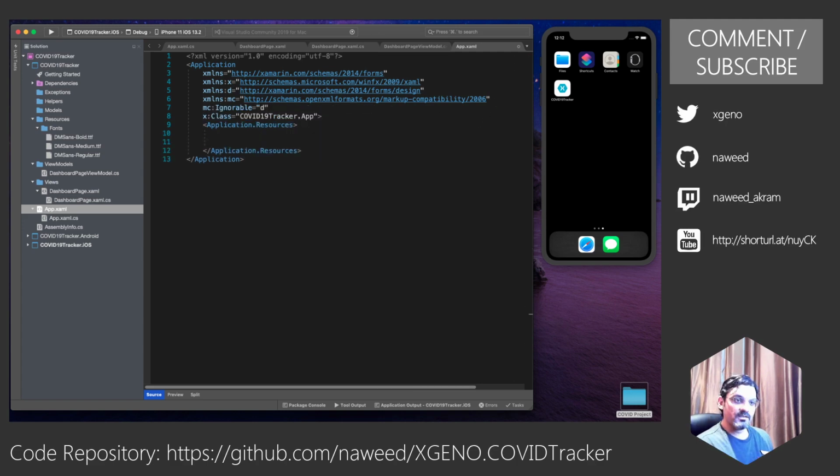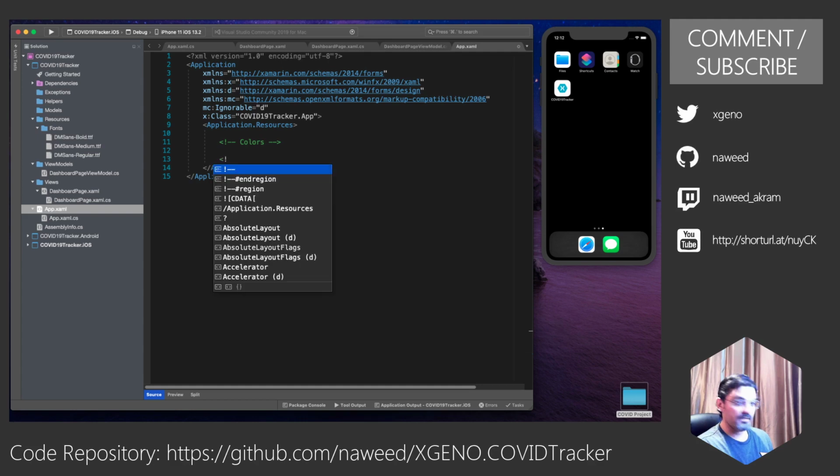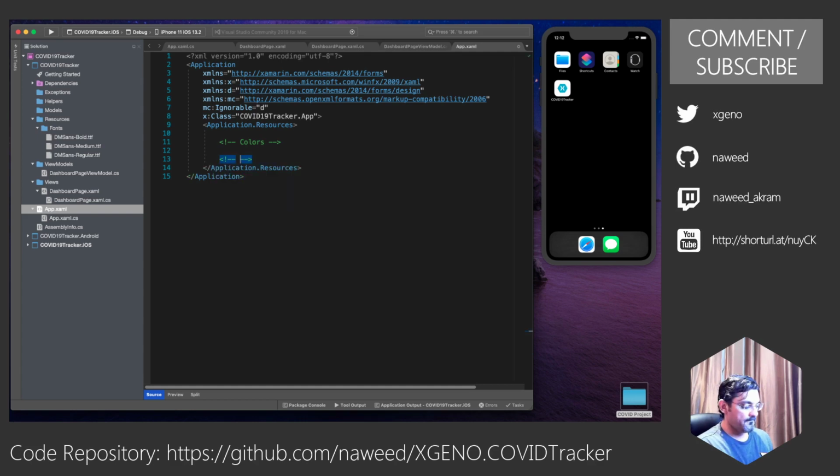So usually the things that I define are some color schemes which I use, some label styles, and content page styles if I want to use them. We will see that in action as well.